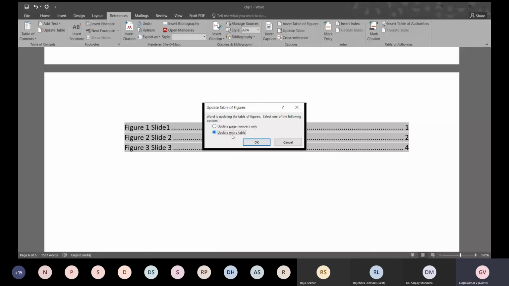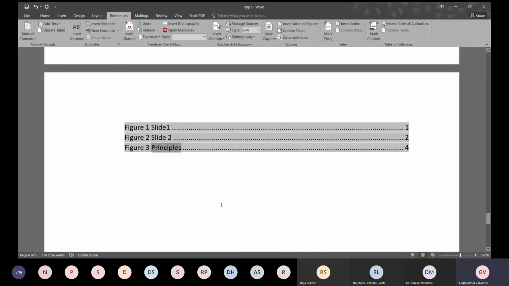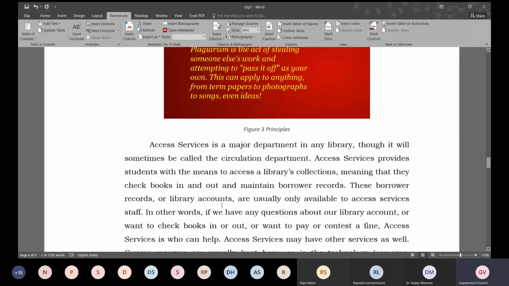So what we have learned today, I will repeat again. First is to set the margin, and then how to go about creating a style of your own. Remember that you make changes in a paragraph, go to the style menu, right click and then take up the option of creating your own style.